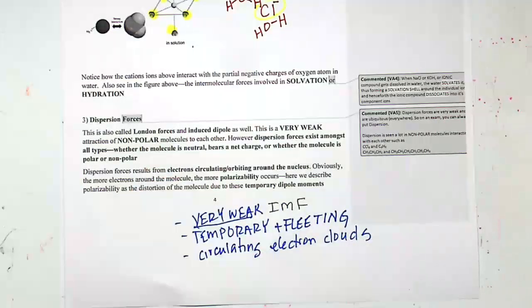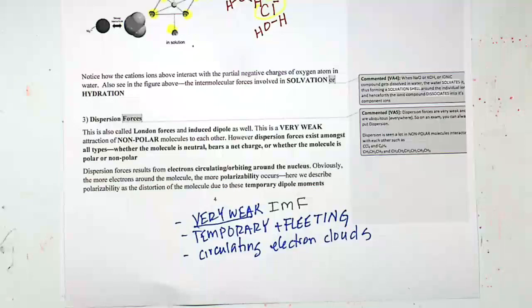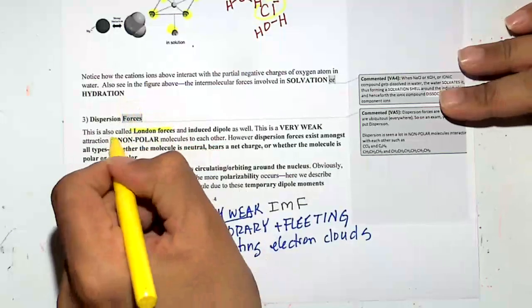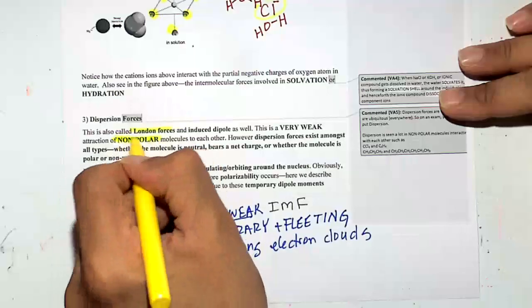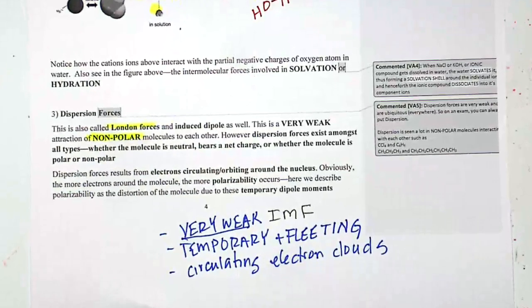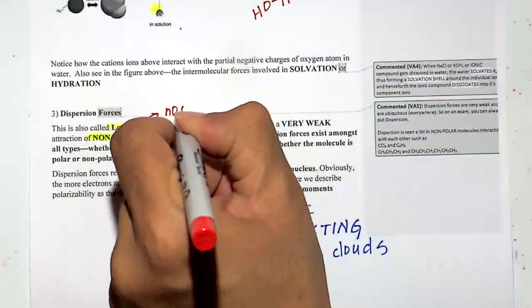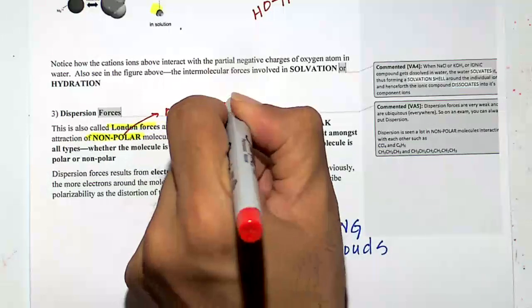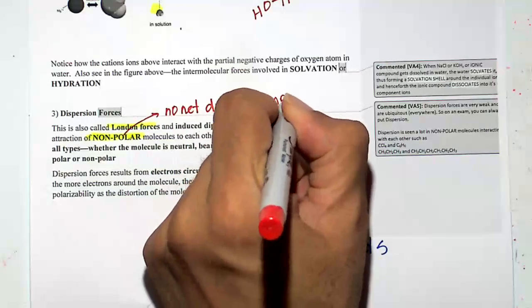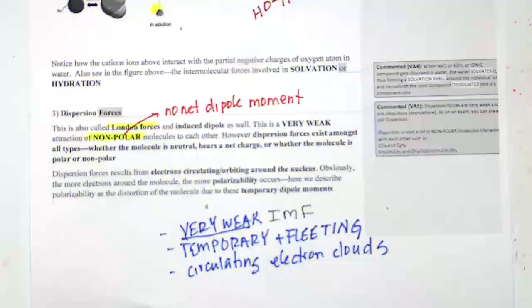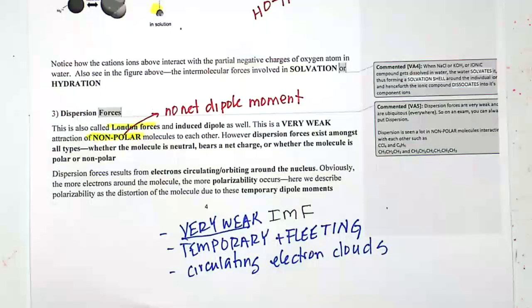And what do we associate dispersion forces with? Sometimes this is called London dispersion forces. We associate them with nonpolar molecules. Not polar. What's the opposite of polar? The opposite of polar is nonpolar. What are nonpolar molecules? They have no dipole moment. No partial positive, no partial negative. They are just neutral as neutral can be. They have no dipole moment. The best example